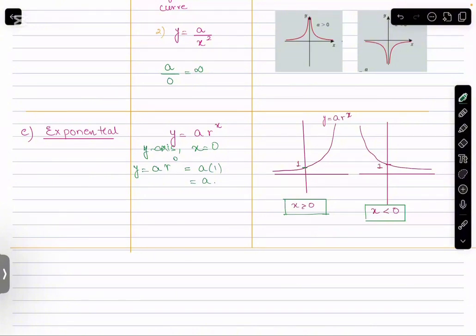So this is what your basic graphical functions are, which can come in your exam, and you should know how to sketch these curves. At least एक rough idea students को होना चाहिए कि हम क्या बना रहे हैं और ये functions की क्या importance है, किस तरह से बनाए जाते हैं.